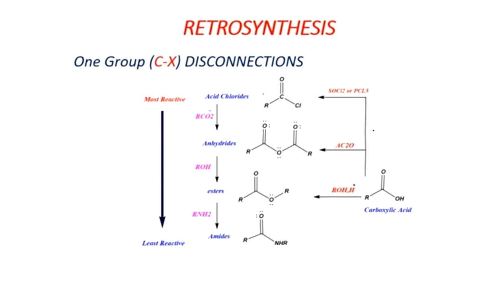So look at here. Here is the carboxylic acid. On that we proceed with different reactions and get different starting compounds. The easiest and most readily available compound is the acid chloride. On acid chloride we do different reactions, and we get different starting materials, different reagents, as well as different products from that. In the retrosynthesis approach we have to study the acid chloride in an easier way.